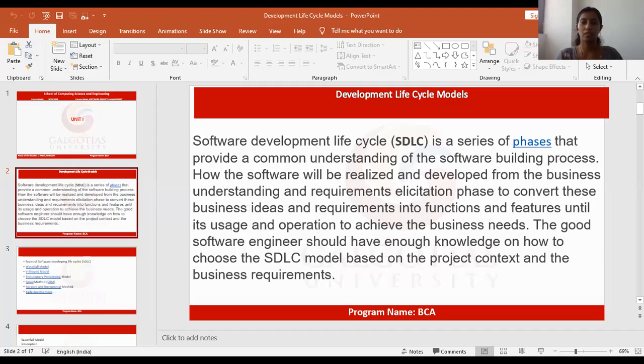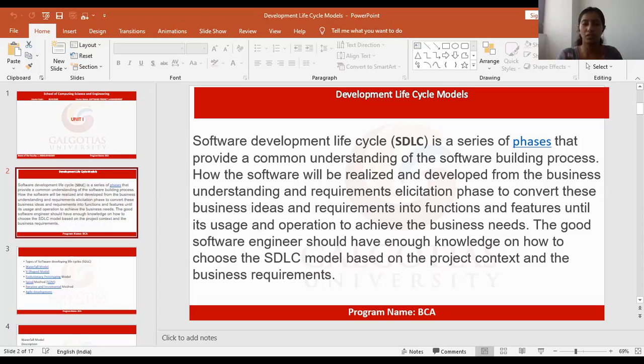The first one is actually a series of phases that provide a common understanding of the software building process, as to how the software will be realized and developed from the business understanding and requirements elicitation phase, to convert these business ideas and requirements into functions and features until its usage and operation to achieve the business needs.